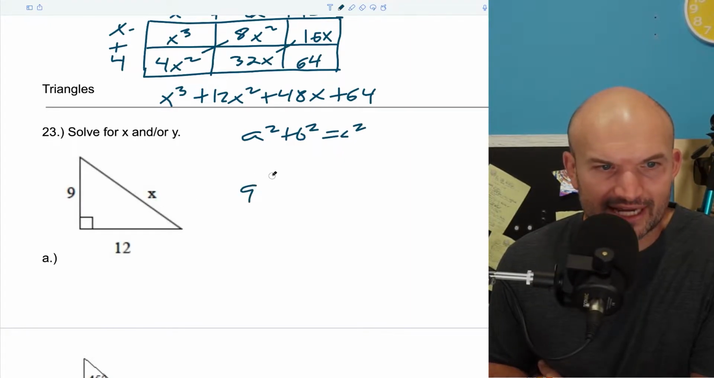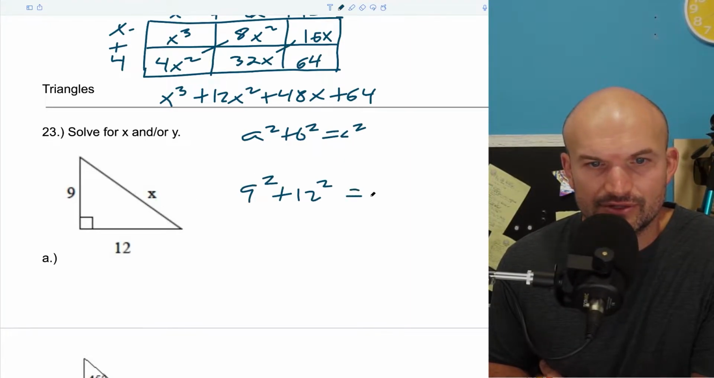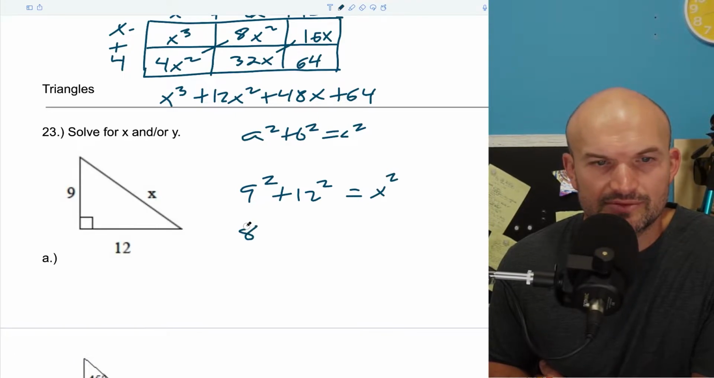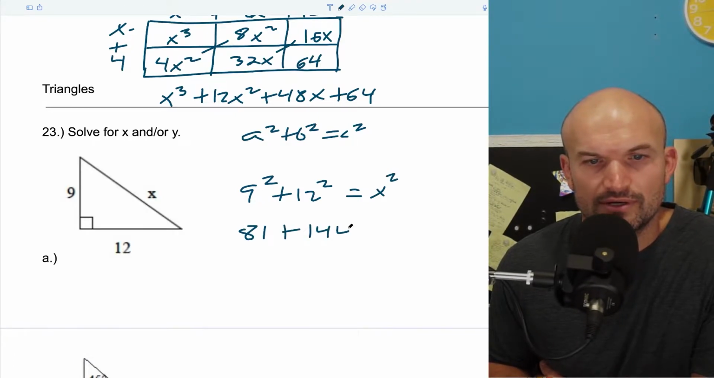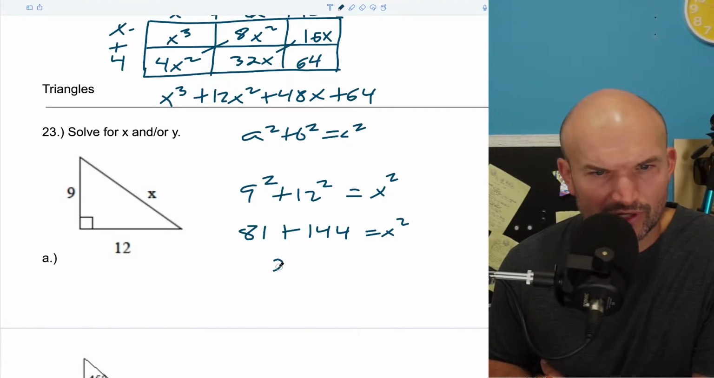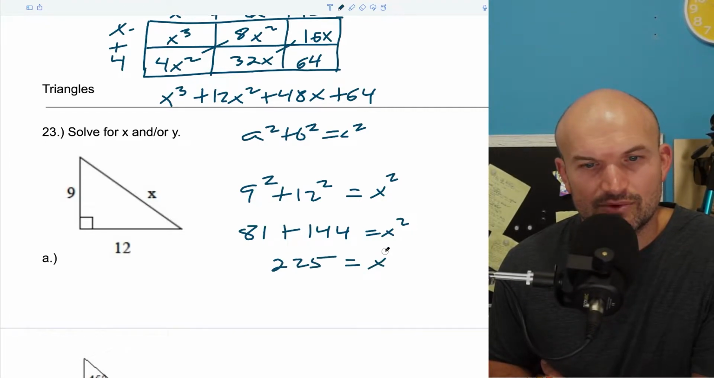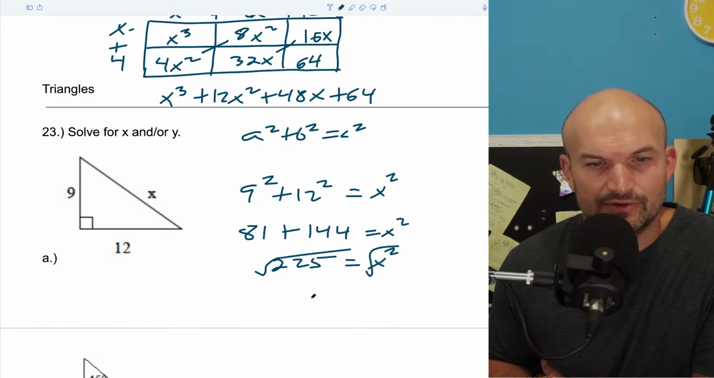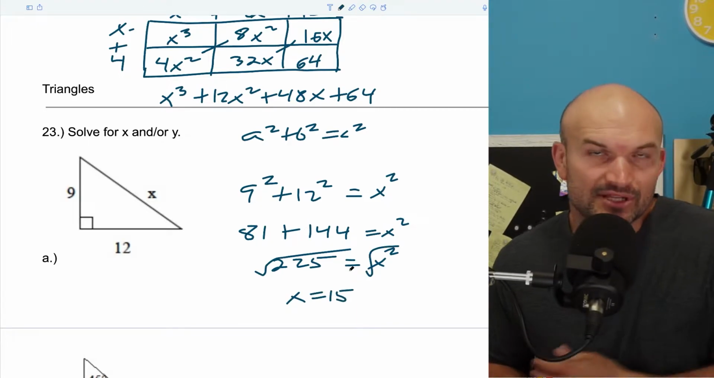So in this case, I have 9 squared plus 12 squared is equal to x squared. All right, so this is going to be 81 plus 144 equals x squared. That's going to be 225 equals x squared. So take the square root of both sides and you get x equals 15. It's not plus or minus in this case,